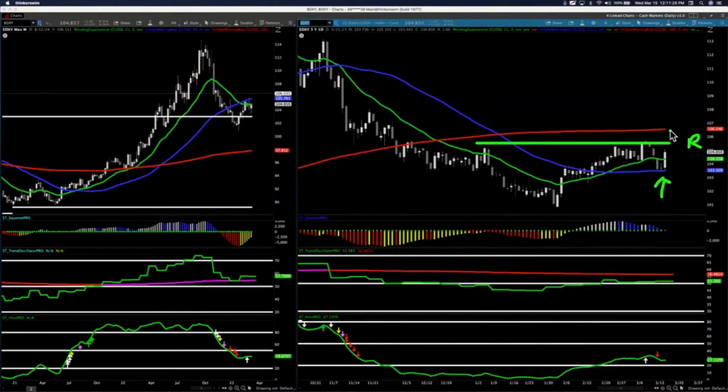So once you get above resistance here, you will have the resistance here in the form of the 200. You always want to respect the 200. And then once that happens, then what you would look for is for it to, if it indeed does break out, which it looks like it wants to, then it should start to respect the 21 on every pullback, right?